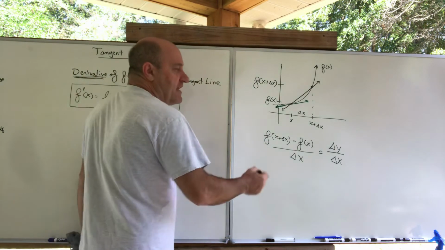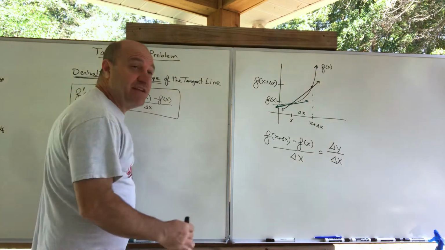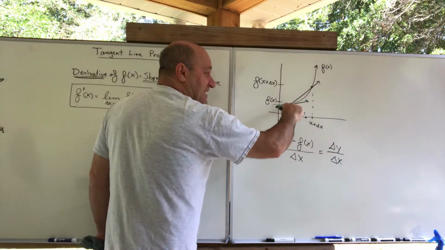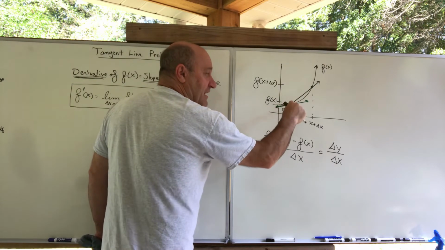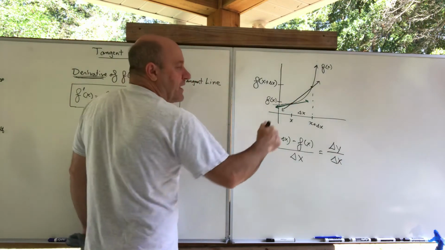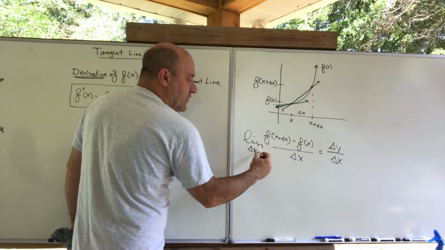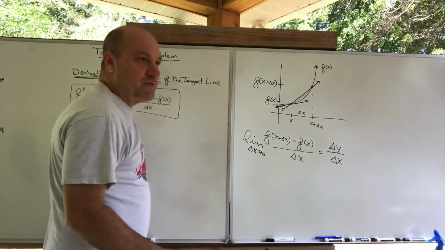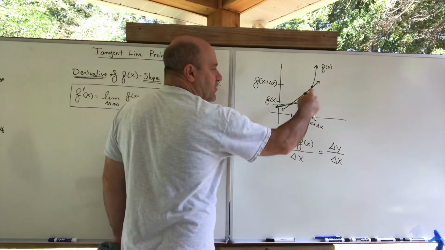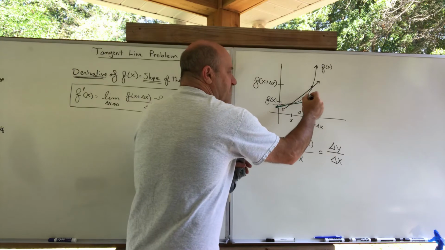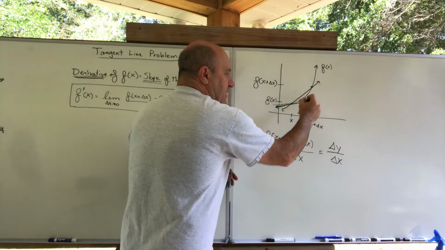But if I want the instantaneous rate of change, now I just changed my language a little bit there, but the slope of the tangent line is the rate of change at that particular instant, then I do this. I put the limit as delta x goes to 0. And it's cool, there's probably some nice animation videos where you watch that happen. If you watch delta x go to 0, you can watch this point move in here. As this point moves in here,